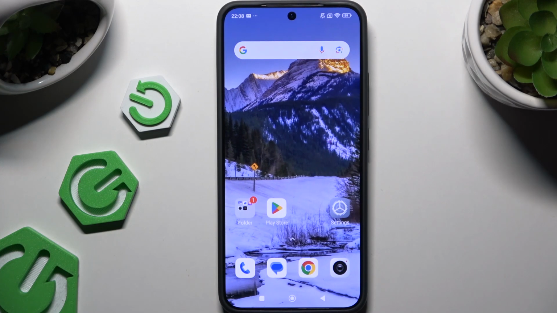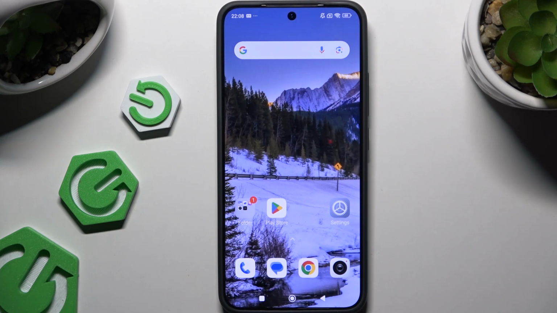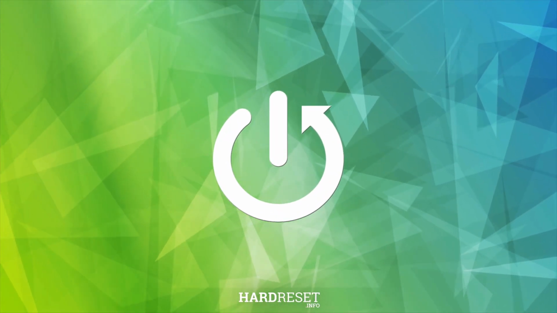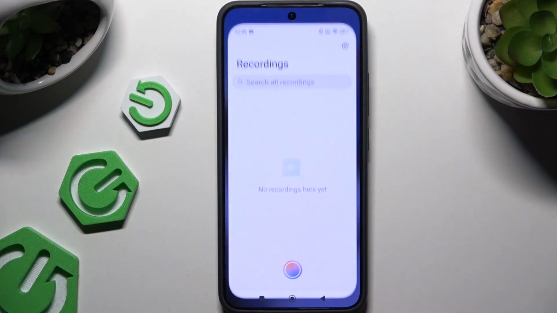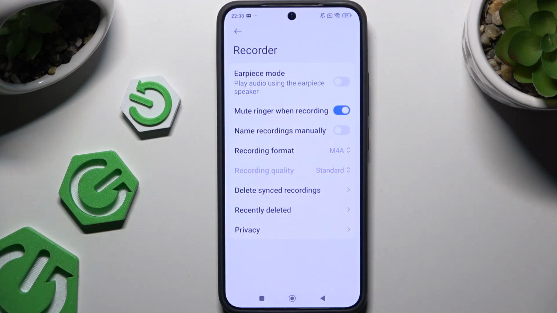In front of me is Xiaomi 15 Pro, and today I would like to show you how you can operate voice recorder. Begin by launching Recorder app and tapping on this gear at the top right corner to manage all of those